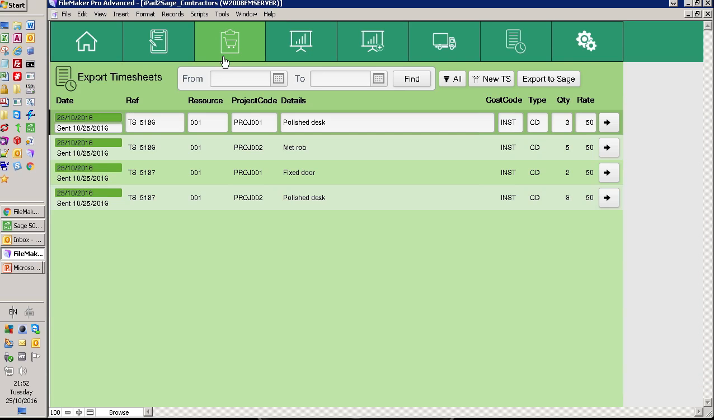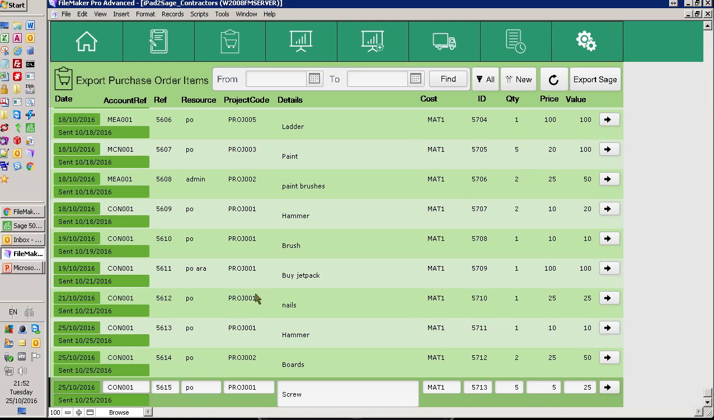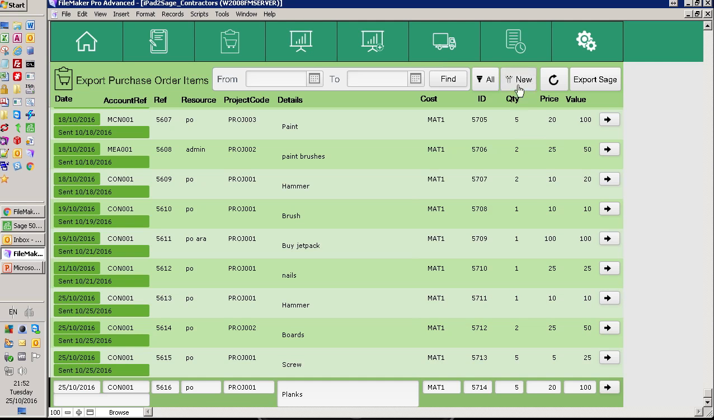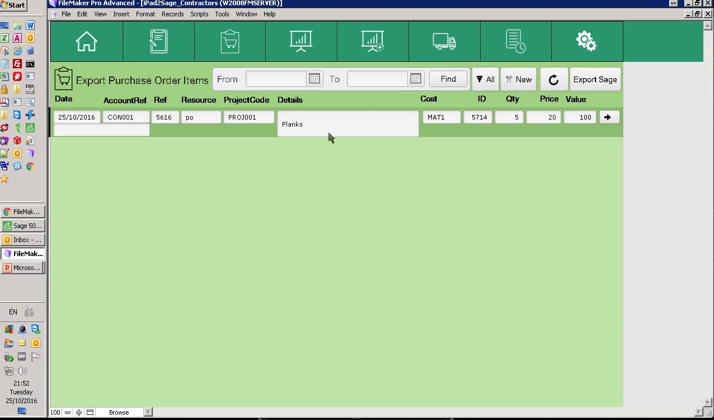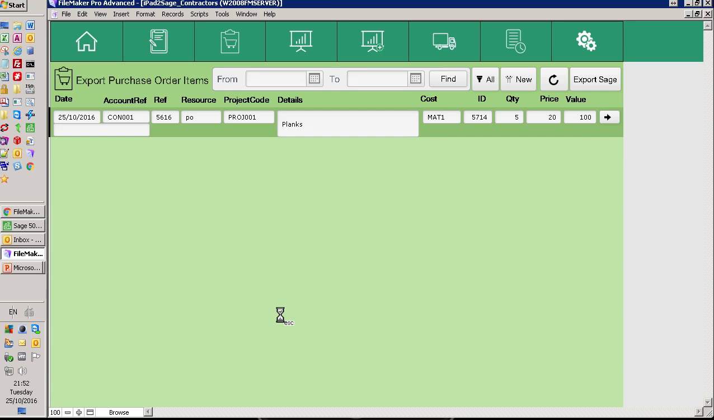So let's go and have a look at the purchase orders. Exactly the same way, I'll go to the admin console, look at the purchase orders that are available. I'll just quickly refresh that, and this is looking at all the transactions. What I'm going to do is just look at the new ones which we've just done, and there we go, they're the planks, the 5 that we bought. And I'm just going to export that to Sage, and it says again, what's the email for the accounts department, and that's now going to send an email to